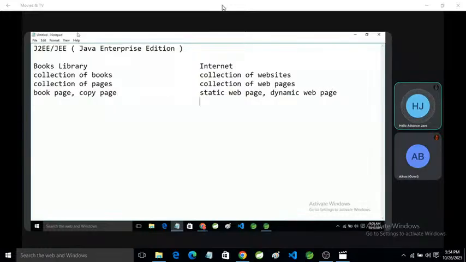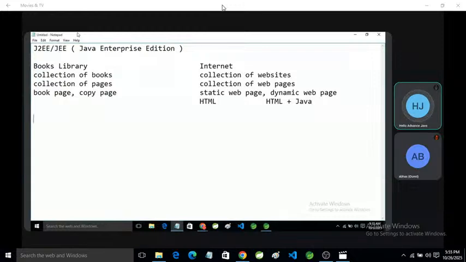If we want to develop a static page, we need only HTML and we can develop a static page. Okay, we do not need anything else. But if you want to develop a dynamic page, we need HTML plus a backend language. We can use Python, Java, .NET, PHP, or any other backend language. But we are Java developers, so we use Java in the backend. Okay, so to develop a dynamic page, we use HTML plus Java.